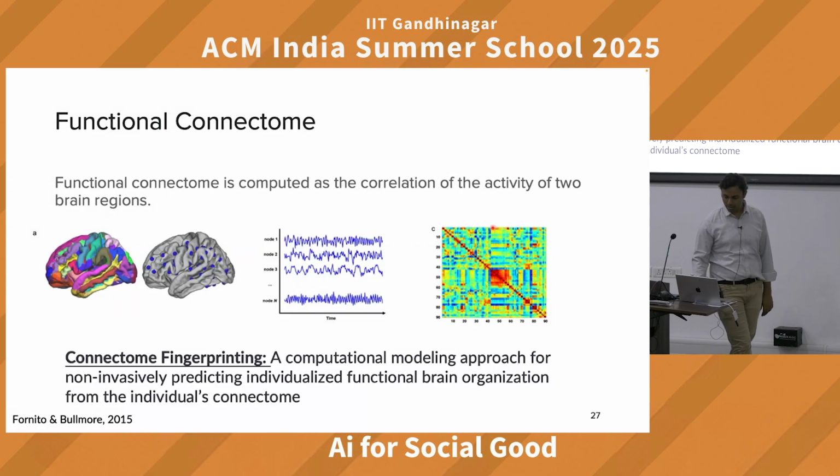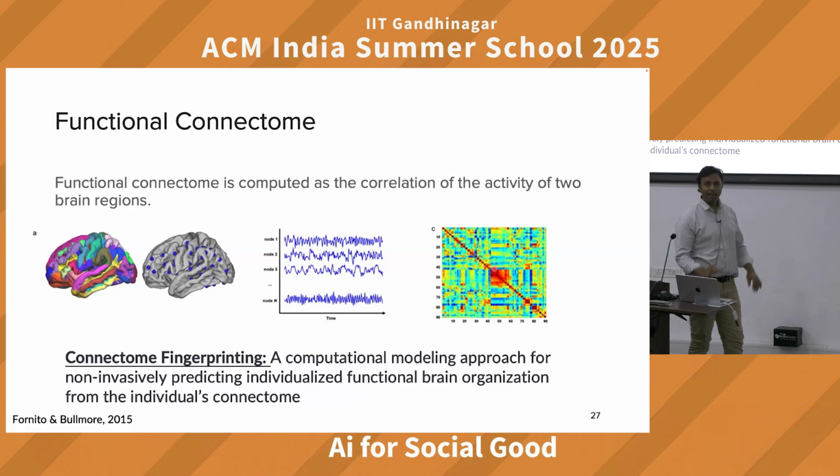So here what you are seeing is that there are some brain regions which are negatively correlated, like the ones in blue, and ones which are positively correlated in red. So there is a discrepancy in how this correlation happens. Some brain networks are more correlated with each other than the other networks.